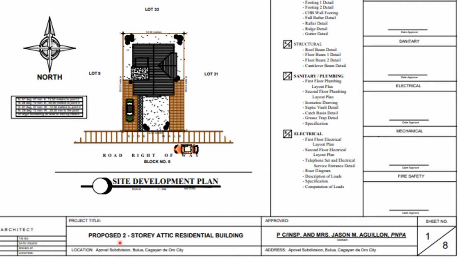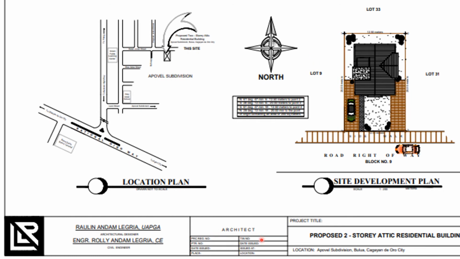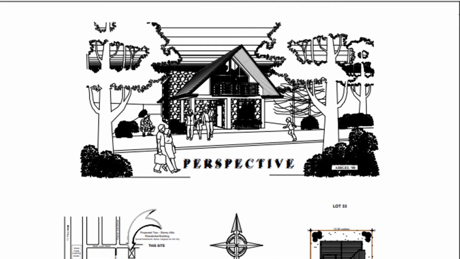This is a proposed 2-story attic residential building. Yung second floor niya is attic, no? This is the information about the architect or the engineer. Ito naman yung designer. Ito yung architect, designer, and yung civil engineer. Okay, so for the first sheet, usually